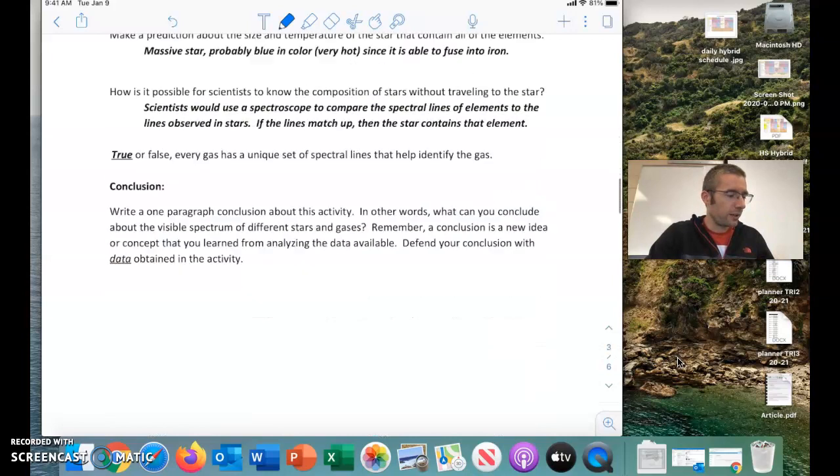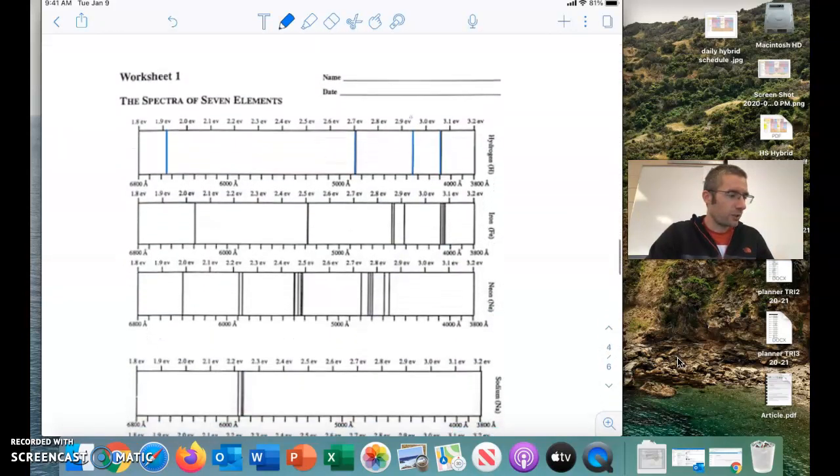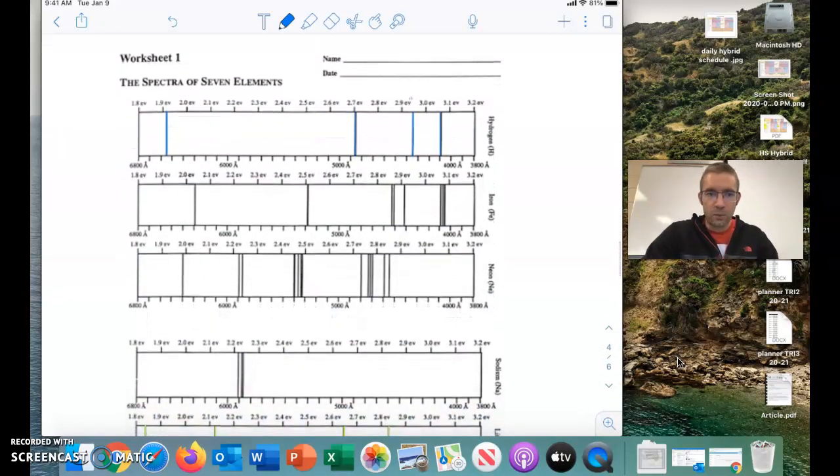Okay, so when we take a look at worksheet 1, what they're showing you with each of these different spectra is the emission lines for that specific element. Okay, and every element has its own unique set of spectral lines. And because they're unique, if we see them in a star, and we see all of these for hydrogen or whatever element it is, and they all match up somewhere in the star spectra, well, then that star has hydrogen